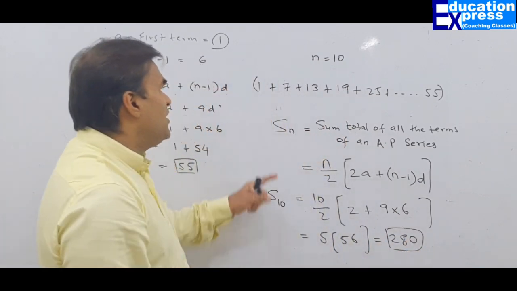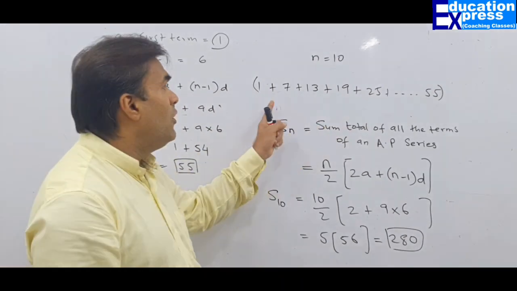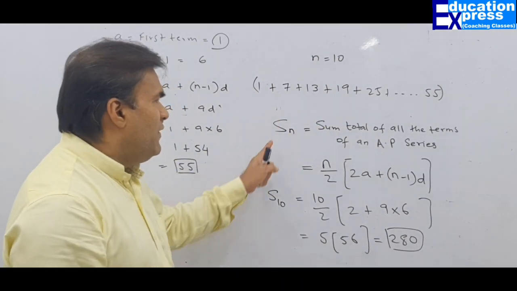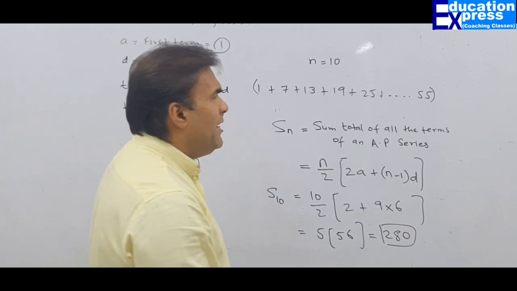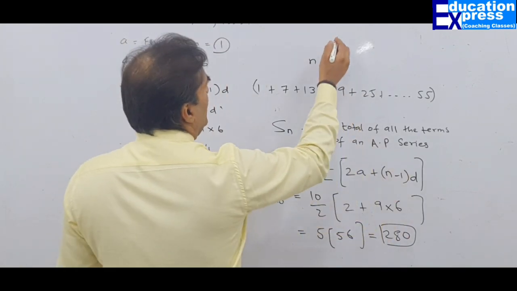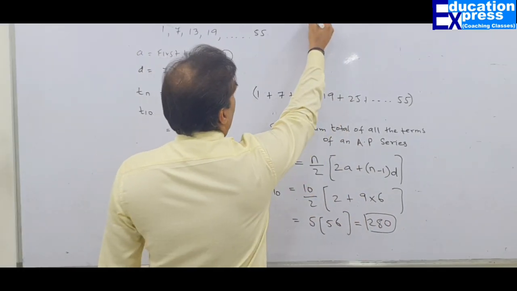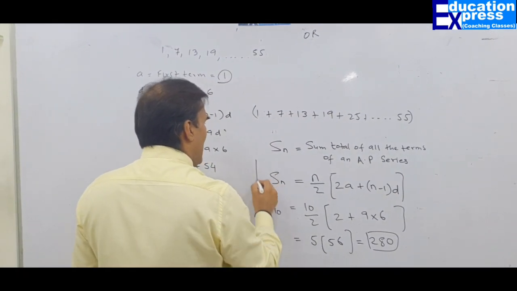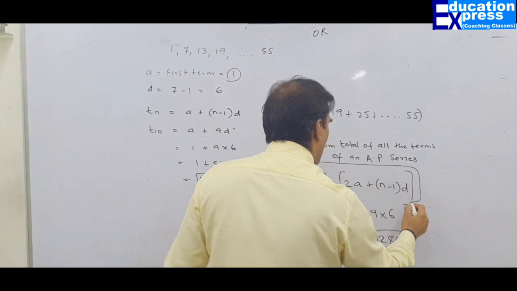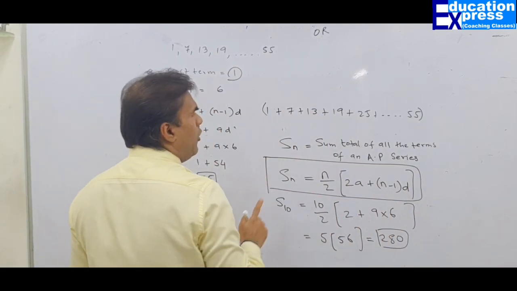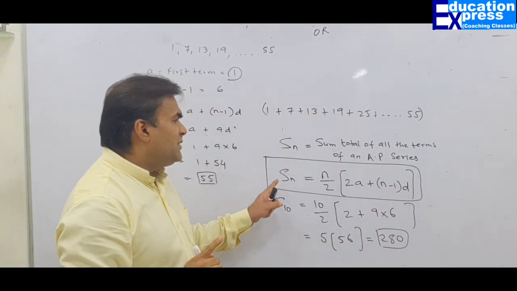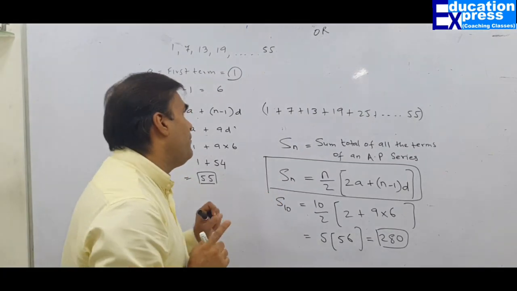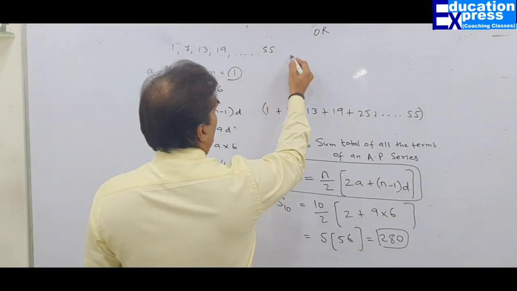So my dear friends, it was so simple to find out the sum of all the terms of a given series. We have one more option. That means there exists an alternative formula also. Either I can use this formula for Sn, which, for all practical purposes, is the one we will most prominently be using. But we have one more formula.